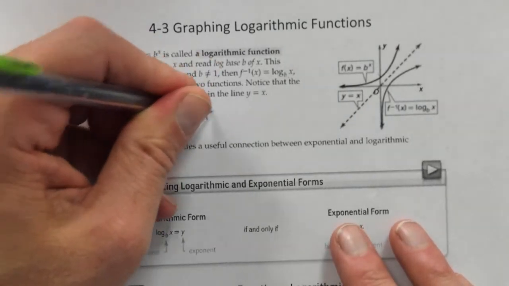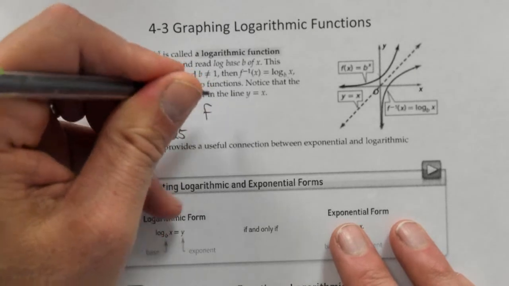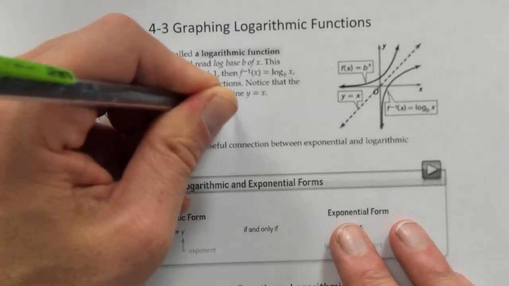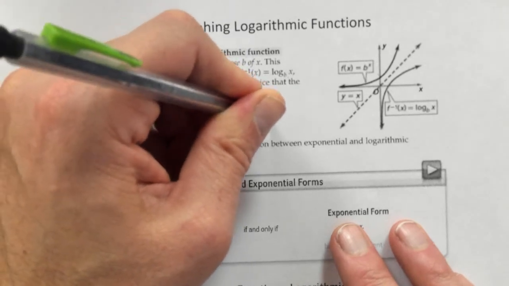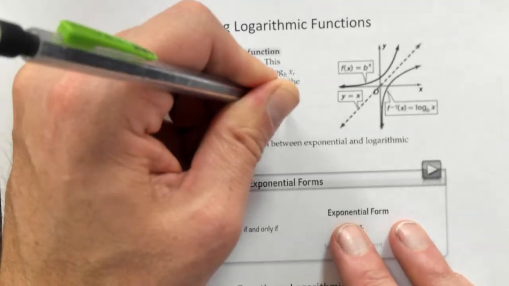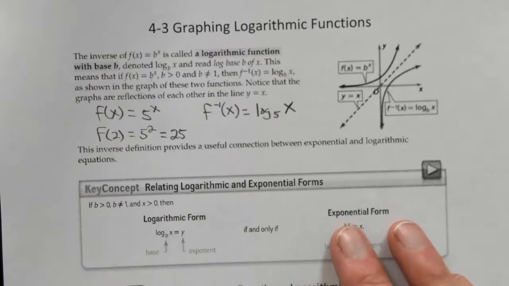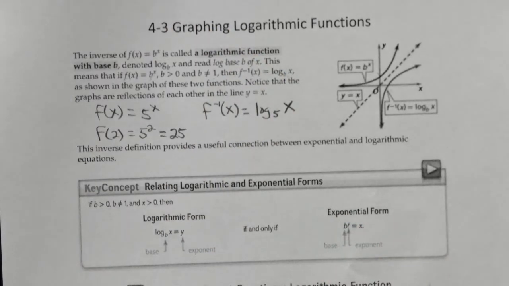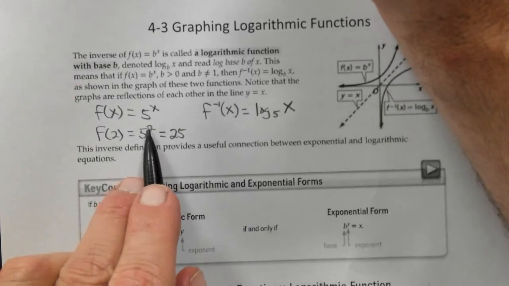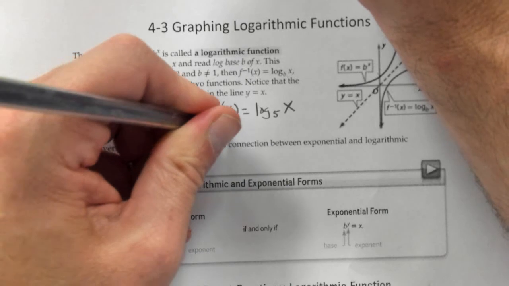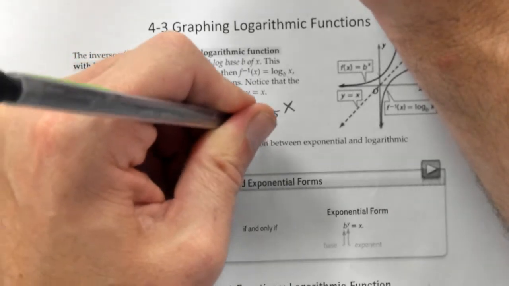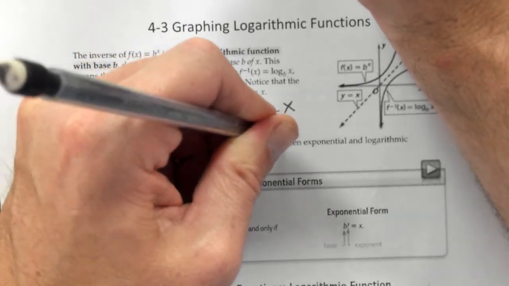So the inverse of this function would be log base 5 of x. That would be the inverse of this function. Log base 5 of x. Okay? All right, so these are the two inverses. If we want to verify that, we could plug in f of 2. All right? So that would be log base 5